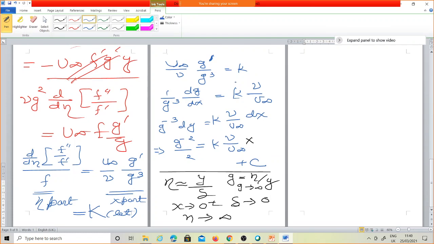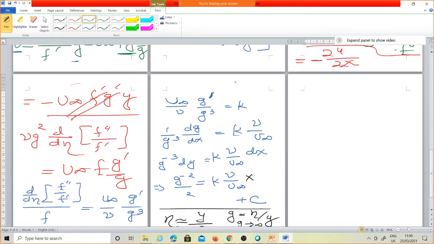So what I said is that now you have x equal to 0, your g becomes infinity. So if it becomes like this, your c is actually 0, because g infinity means 1 by infinity, which is 0. So x is 0, so c should be 0. If your c is 0 here, what will you get? You will get g square is equal to minus u infinity